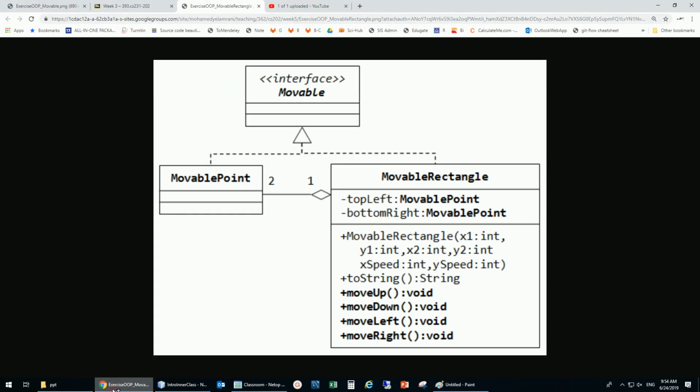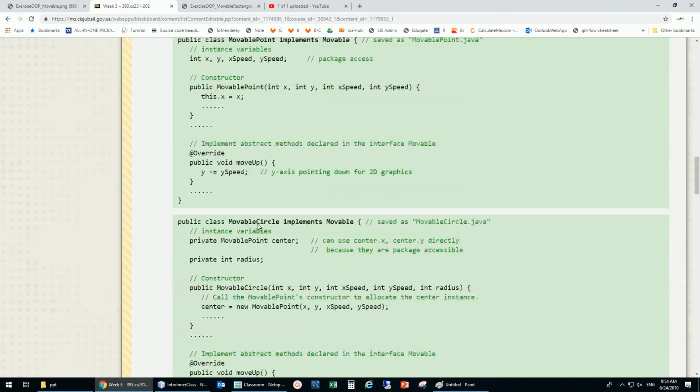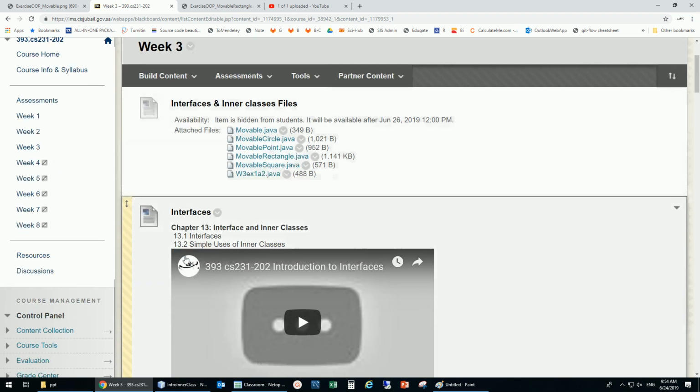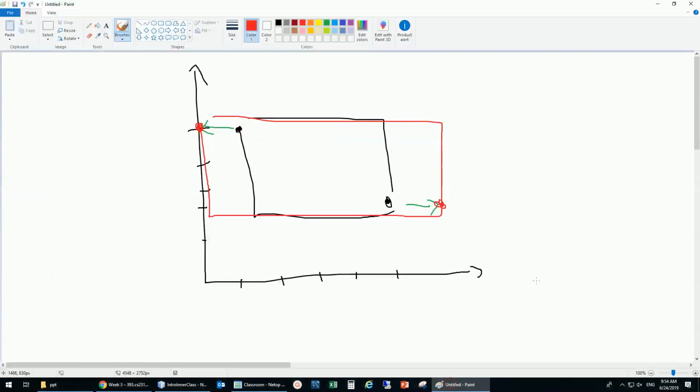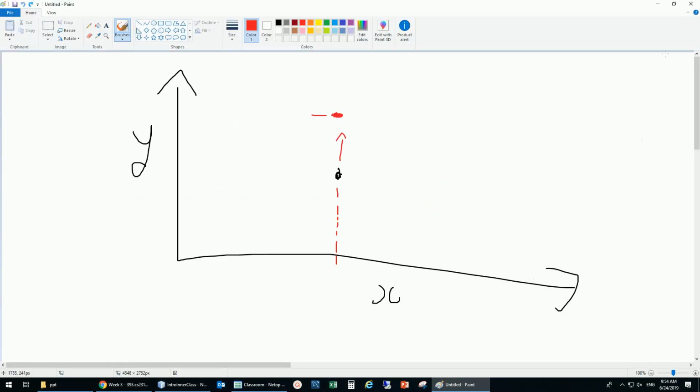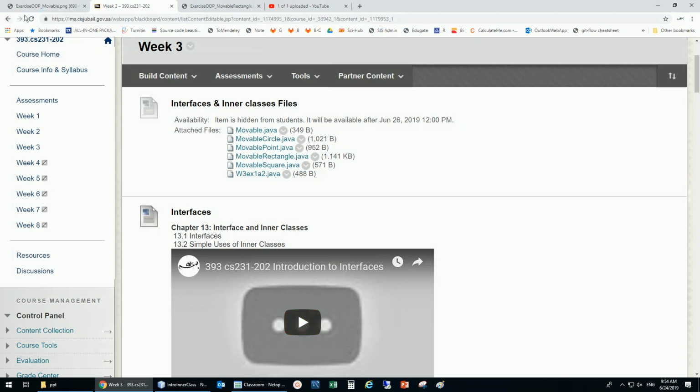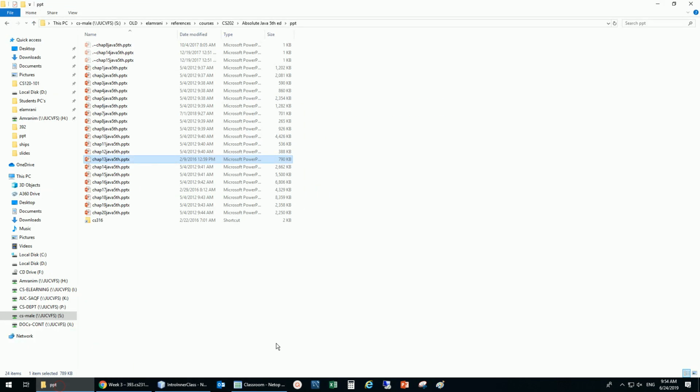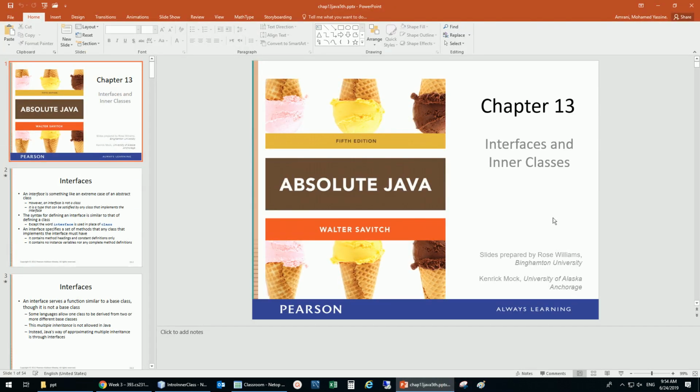So now I don't need this. Let's just close, not save. Okay, so in this chapter 13 we have these interfaces, a lot of talk,